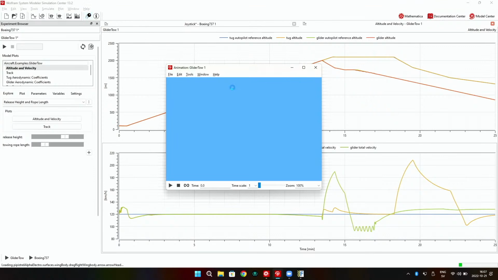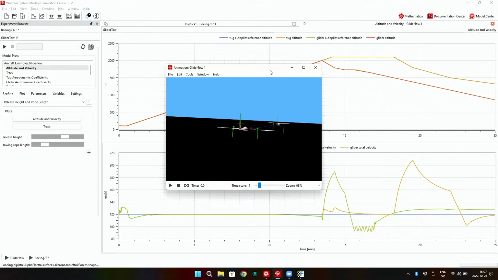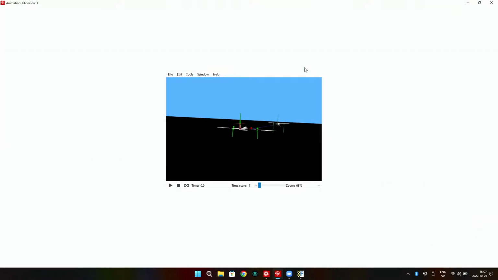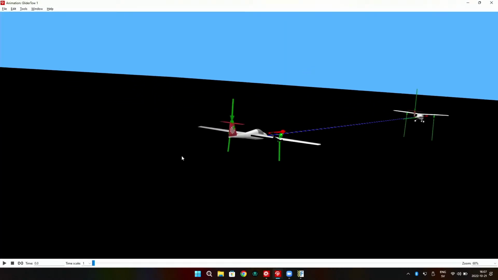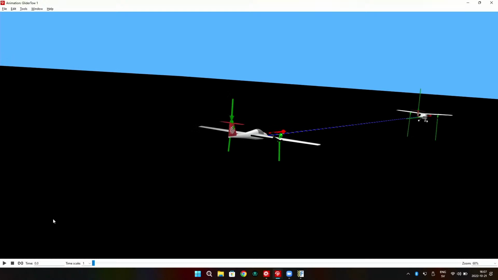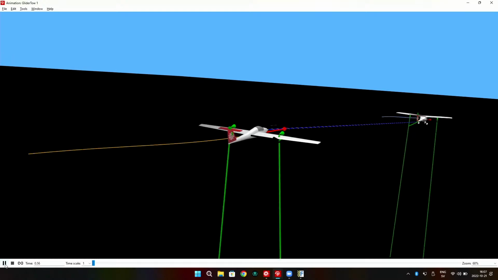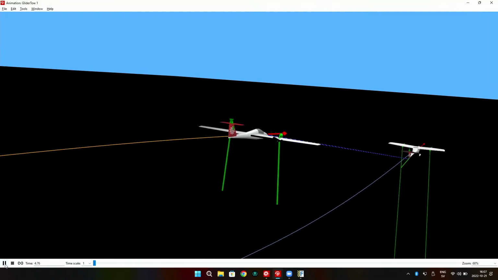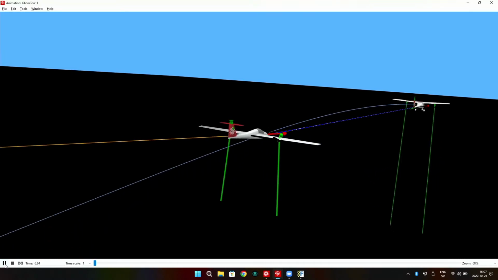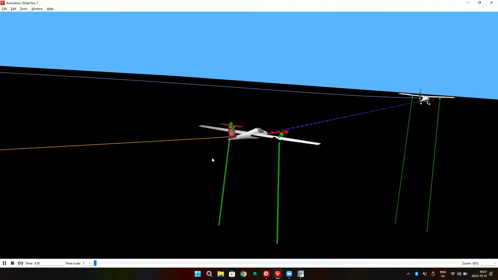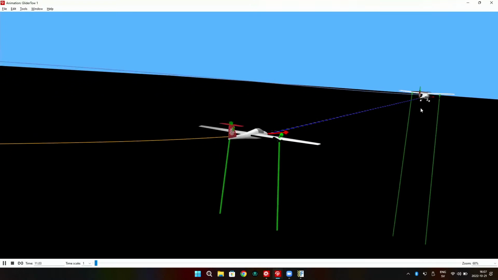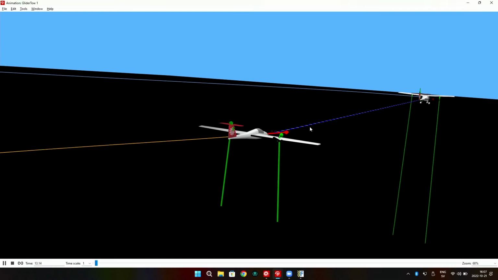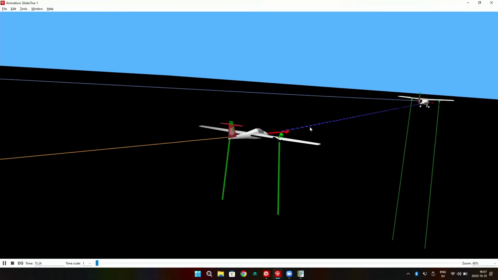But talking about visualizing, of course you can get a lot of data this way and understand a lot of things, but it's easier if you can actually see it being run and see what happens. So here we see from the start how we start flying, and the glider follows. It has the road it needs to follow, but still you have to control it so it goes as smooth as possible.